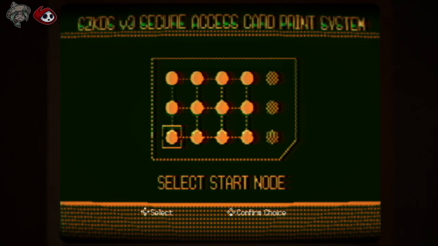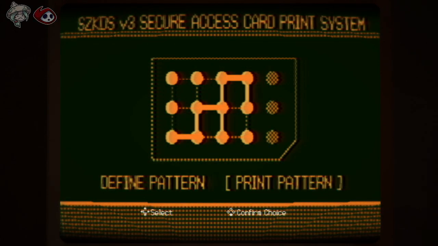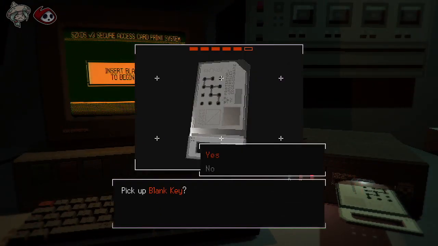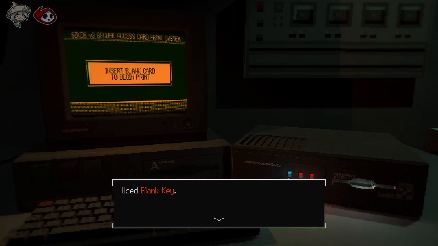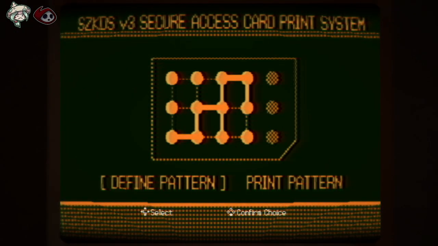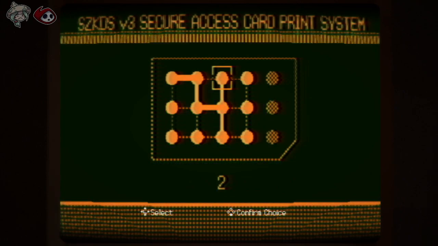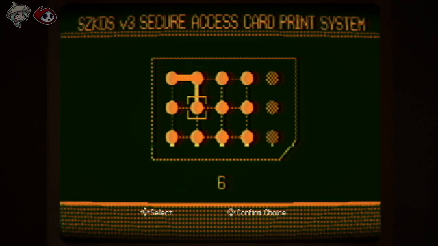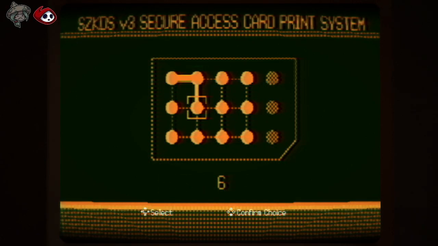Right, up, right, down, up, up, right, down. Nah, still a blank key. Do you have the picture still in your document thing? No, that was an X. Wait, I think I flipped it around the wrong way when you drew it. What are you talking about? Fuck. Well, it won't let you select any of the ones in the rightmost column, so that's...